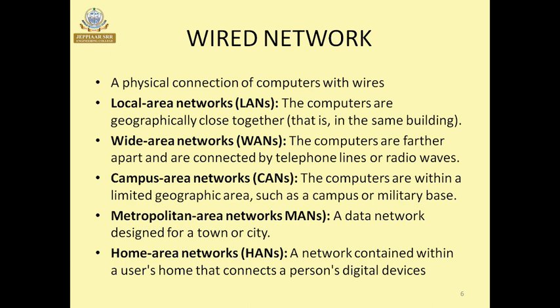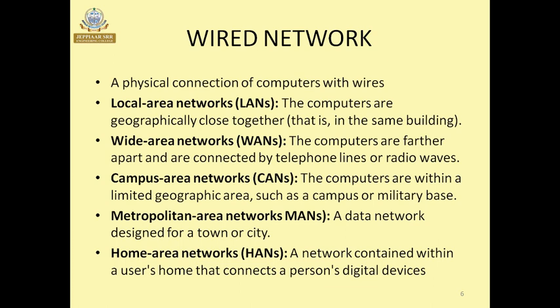Next one is metropolitan area networks. That network is designed for a town or a city. For example, when we are going for connectivity, let us consider BSNL providers. They have Chennai Telephones and Tamil Nadu separately. Even though Chennai and Tamil Nadu come under a single state, Chennai Telephones BSNL is different and Tamil Nadu is different, because when we recharge, it asks whether your mobile subscription belongs to Chennai or Tamil Nadu, because a network for Chennai is designed separately